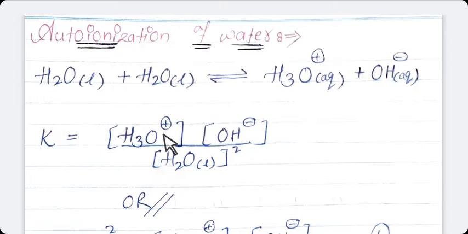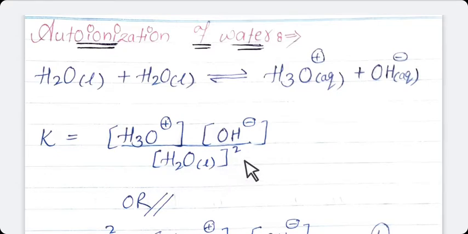As you have seen in the reactant, we have already used double quantity of water. That's why in the formula we are writing here concentration of H2O square,